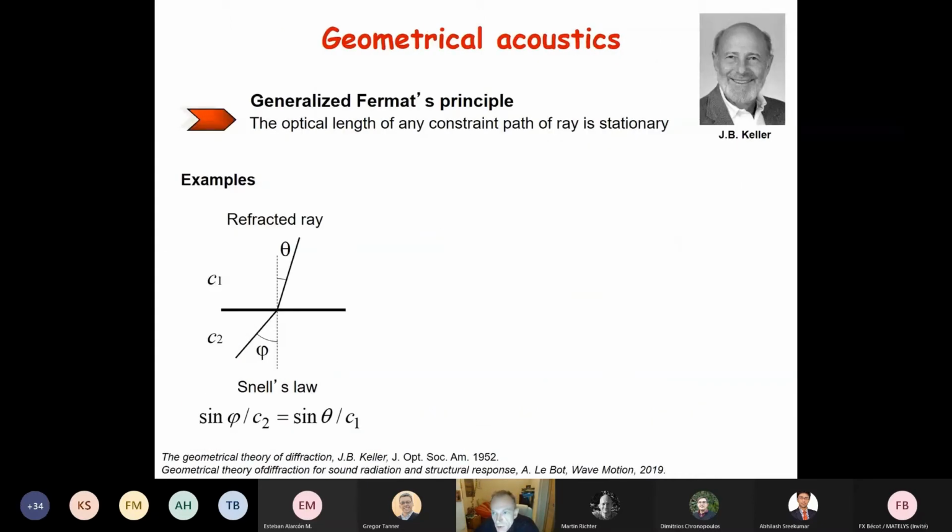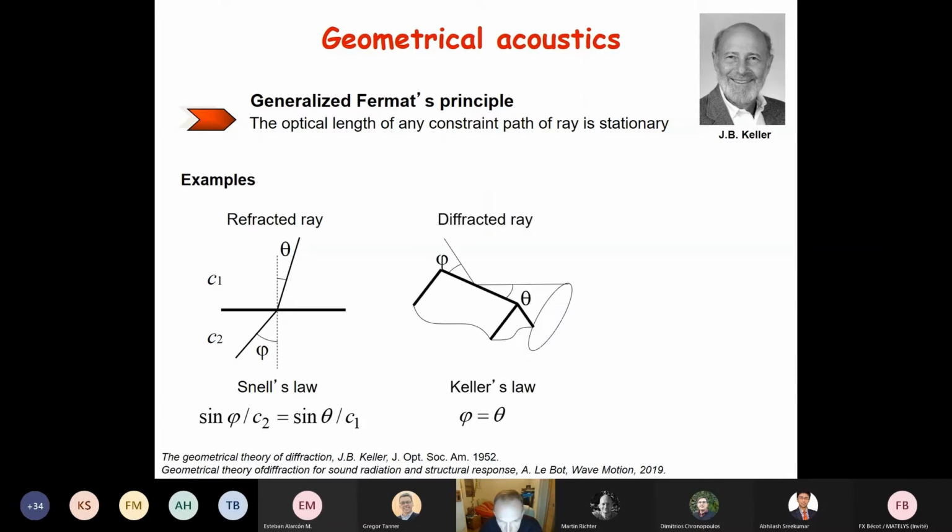Now let's turn to geometrical acoustics. Of course, geometrical acoustics is very ancient and maybe goes back to Greek times. In geometrical acoustics, usually we say that we have at least two or three types of ray: direct ray, reflected ray, refracted rays. And in 1960 or 58, if I remember well, Keller proposed to generalize Fermat's principle, which states that the optical length of any ray is stationary under a constrained path, and so he discovered that it was possible to introduce diffracted rays, diffraction by